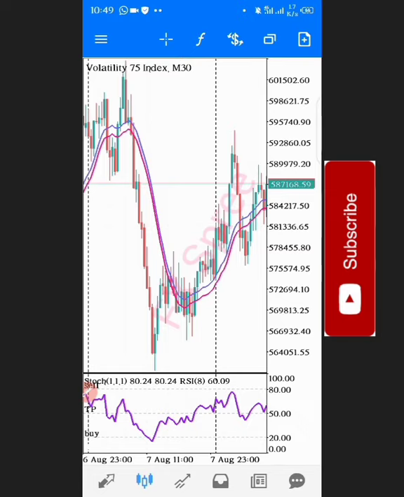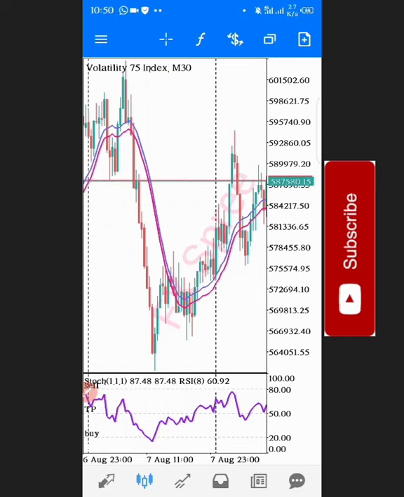I want to share with you another strategy, and this particularly has to do with the Volatility 75 index: how to trade it successfully with indicators that will give you signals on when to enter and when to exit the trade. So precisely today we want to use